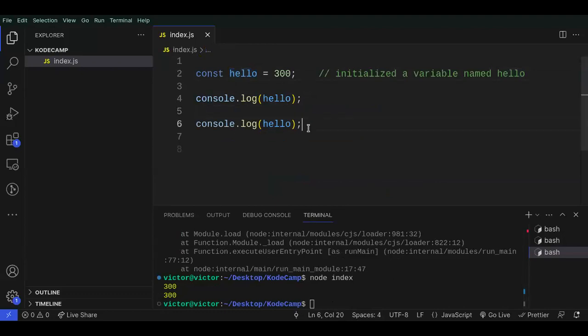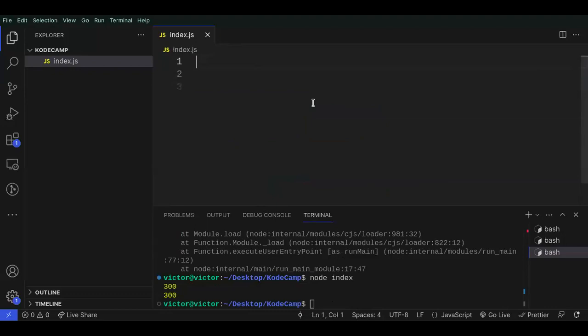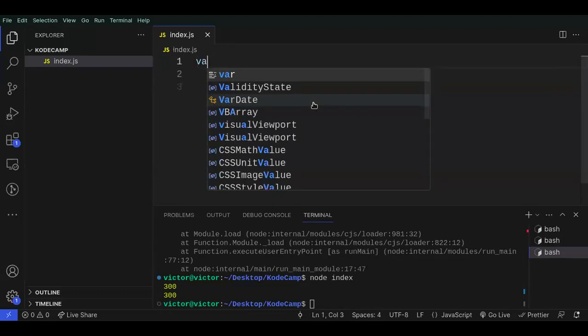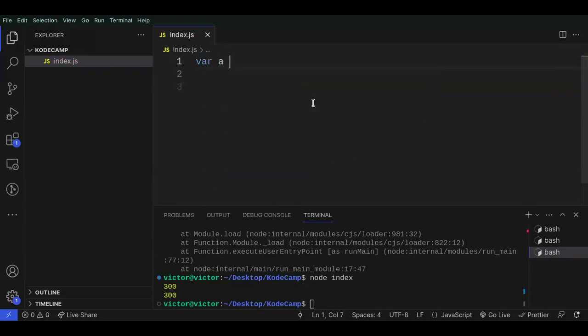All right. So then now, what is the difference between var and let? Okay, that is something we need to discuss now. Okay. So what is the difference between var and let? You can do something like var a is equals to now